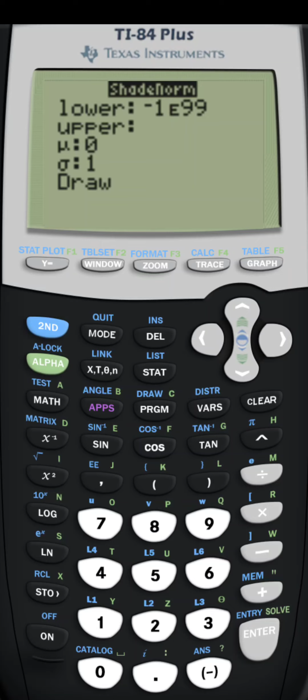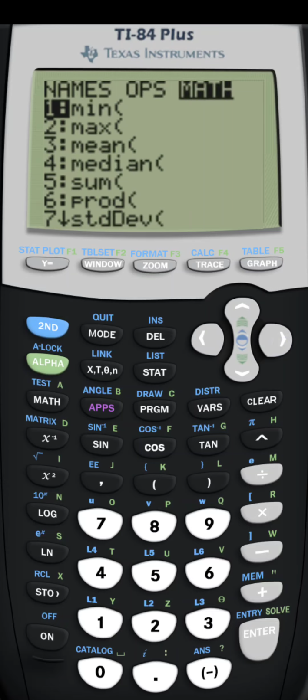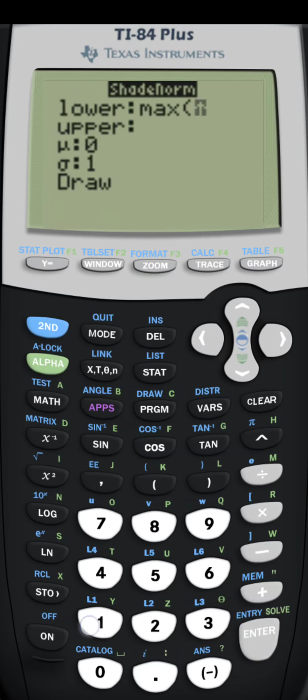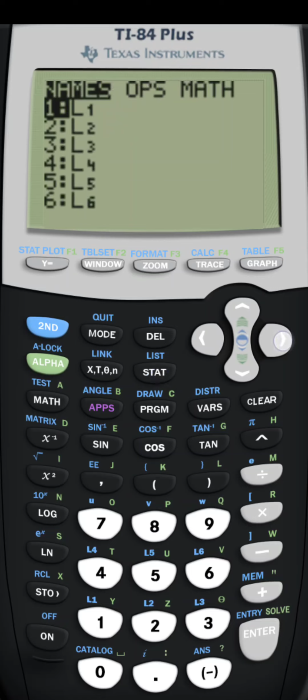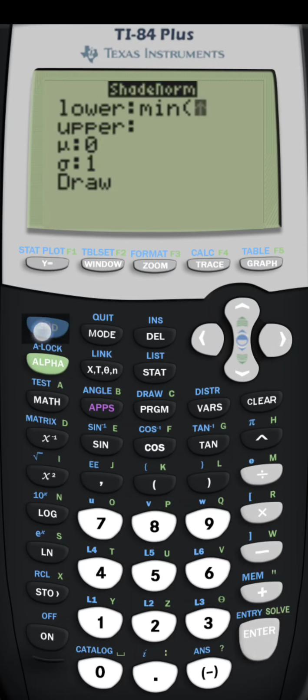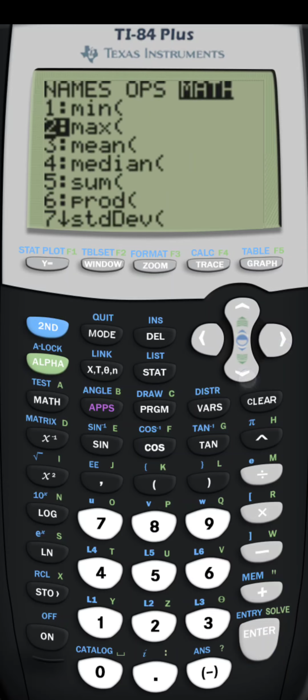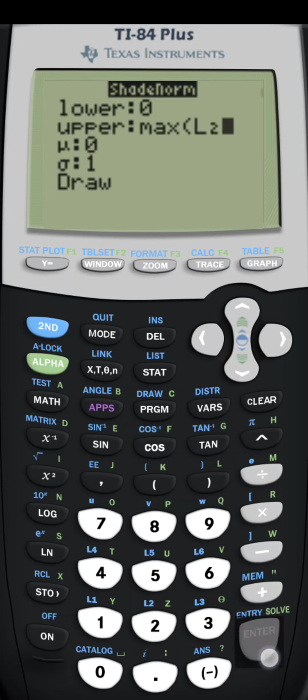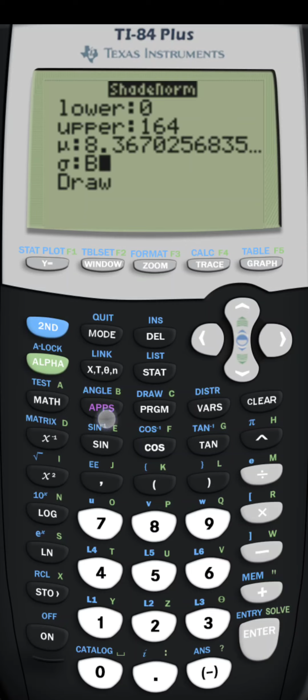So we're going to take the minimum observation, which we can calculate directly in here. We can say list max L1, right? Because that's our outcomes. Sorry, that should be min. Let's do that again. Min L1, and then max L1. All right, and then the mean, remember we stored that in A, and the standard deviation we stored in B. All right, so if we draw this,